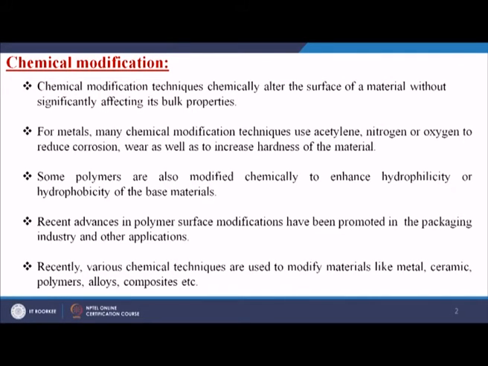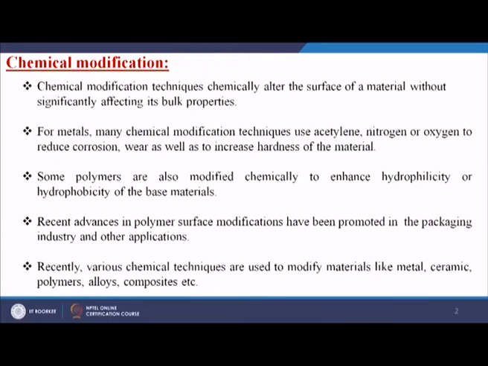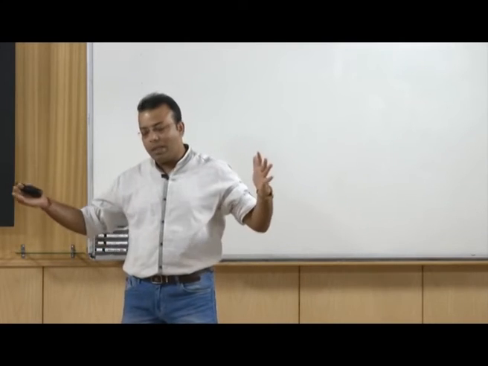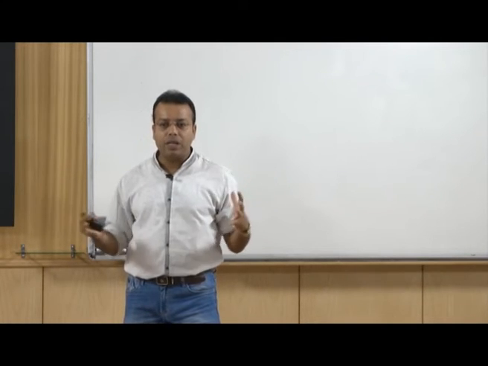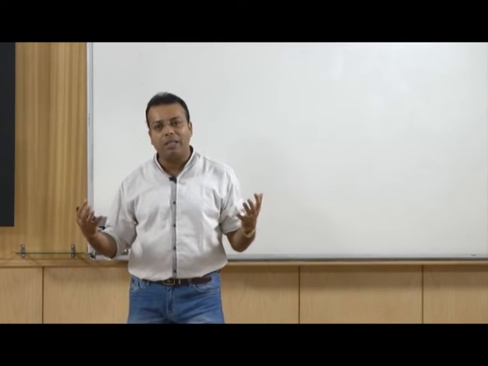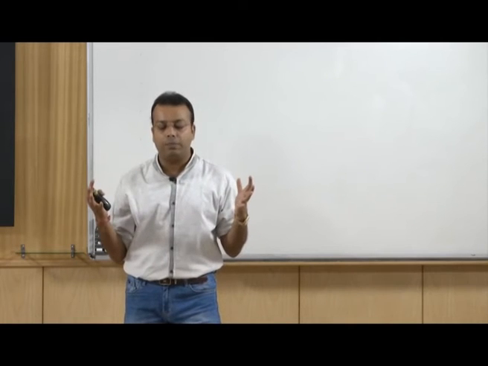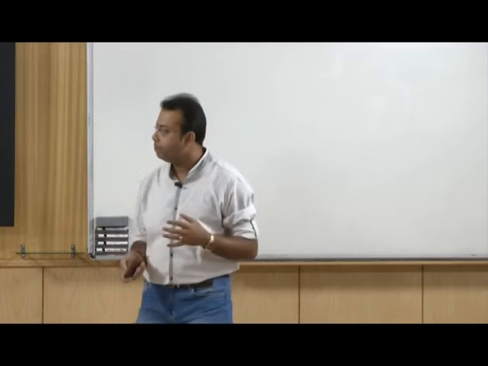What is the importance of chemical modifications? Why are we going to do chemical modifications? First, chemical treatment has been used in industry to treat large objects that would be difficult to treat by other commonly used industrial techniques. Simply, I may dip my material into some solvent. Even if the material is bigger or rugged, it can still be easily done. But if I want to do it by physical means, covering that whole area will be difficult.